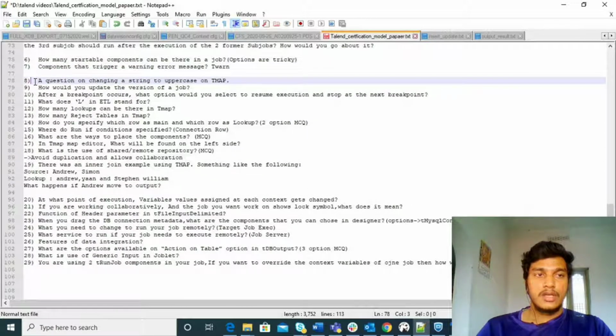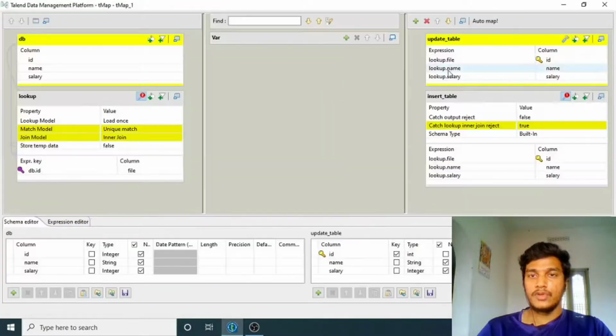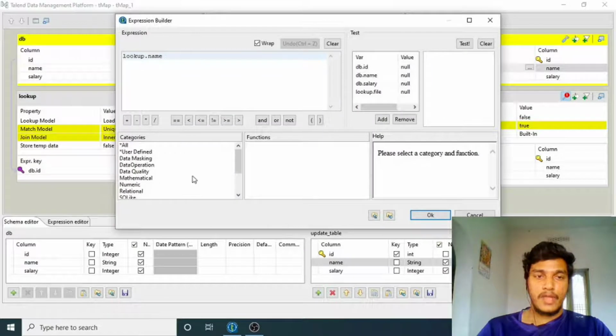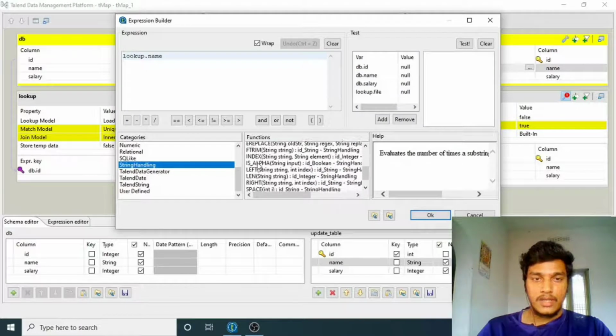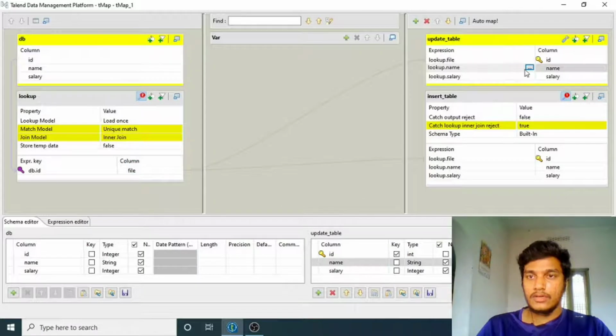And one more thing is a question on changing a string to uppercase. That means in tMap we have some concepts. We have a lot of functions in tMap, let me show you how you will do that. So here if we have name as a string and I want to convert the name to uppercase, I have a few string handling functions here. Here I have uppercase and lowercase. I am using upper here, uppercase here. So if I click on that,